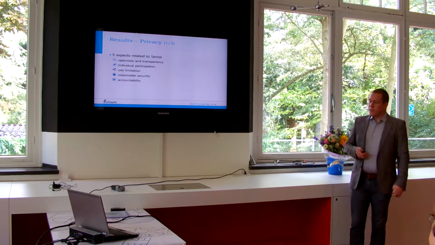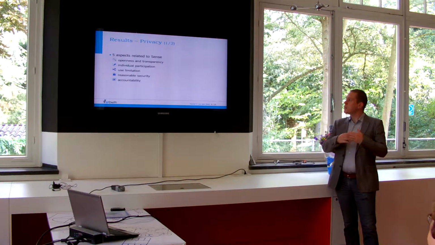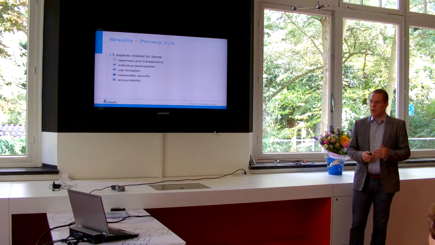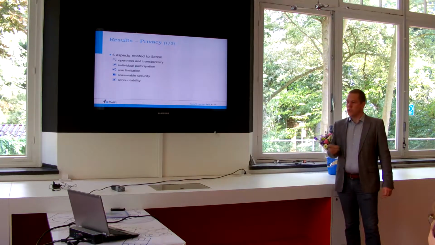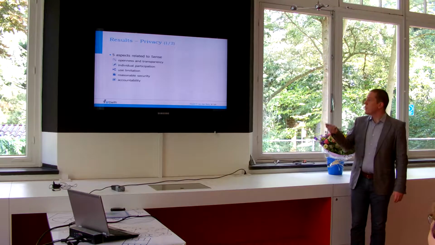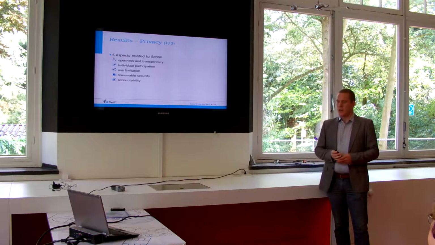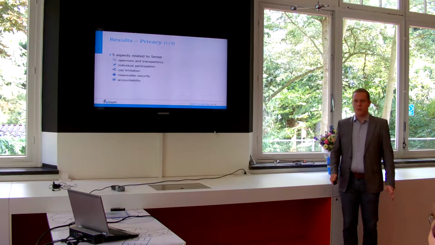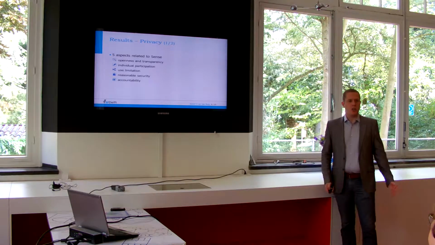From the privacy literature, we developed a list of 7 aspects related to privacy, but from the theoretical list, only 5 of these aspects were related to Sense. You can see them here. It's openness and transparency, which is about having no secret records or not keeping data from people of which they are unaware, and clear communication on that data.